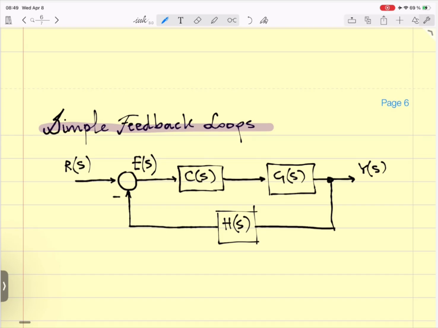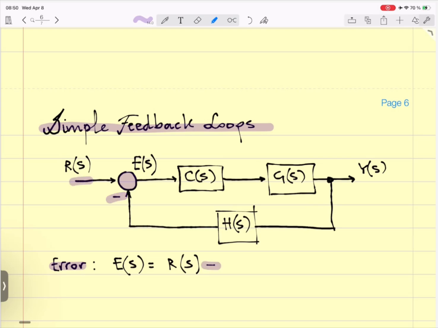So what we call the error here is going to be the input minus